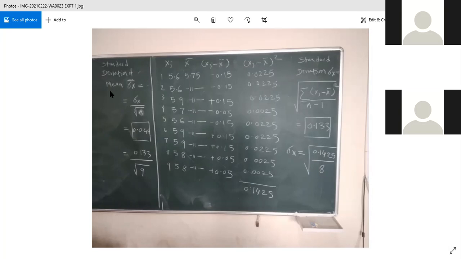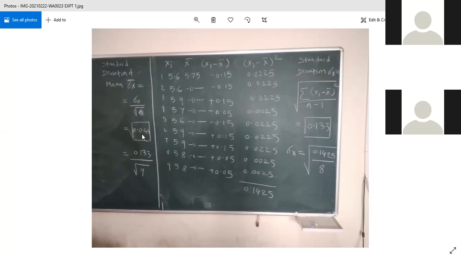Now you have to calculate the standard deviation of the mean, that is sigma x bar. Sigma x bar is equal to sigma x divided by square root of n. We calculated sigma x: 0.1425 divided by 8 and its square root gives this value. So the standard deviation sigma x is 0.133. So 0.133 divided by the square root of 9. The square root of 9 is 3. So 0.133 divided by 3, you get